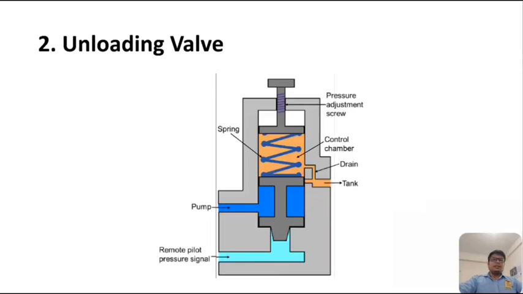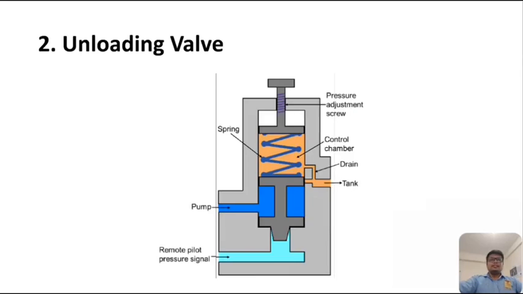This type of valve is used to permit a pump to operate at the minimum load, and it works on the same principle as that of the direct control valve. The pump delivery is diverted to the tank when sufficient pilot pressure is reached, and that will move the spool. The pilot pressure maintains a static pressure to hold the valve open. The pilot pressure holds the valve until the pump delivery is needed in the system.